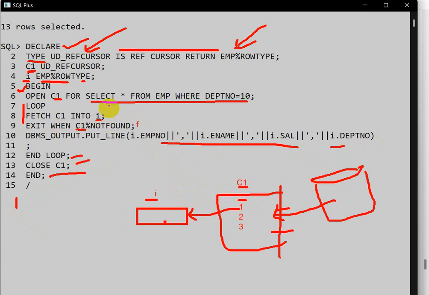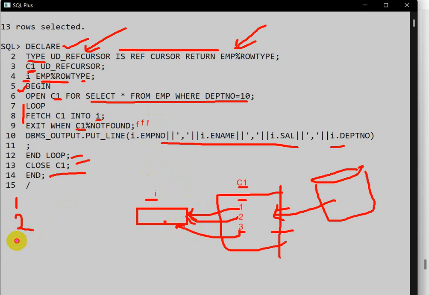So the first row data will be printed. Next it will go here again, then fetch. The second row data will come into the I variable, then it will also check whether C1 is not found, it will return false, and the second row data will be printed here. Then the third row data will go to I, as we have written FETCH C1 INTO I. Then it will check, and it will return false because we found the data.